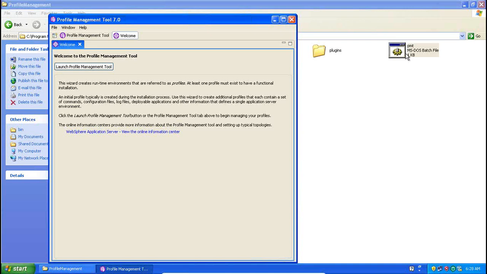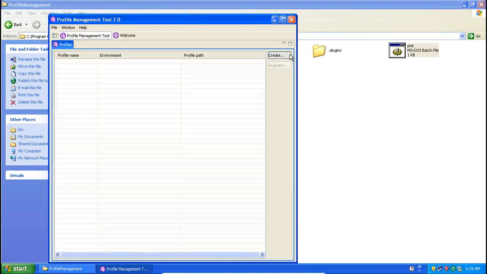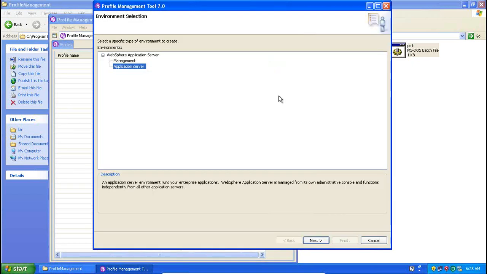So you know already PMT means profile management tool. In order to create a profile, we use it. See here, launch the tool, create a profile. So select application server.